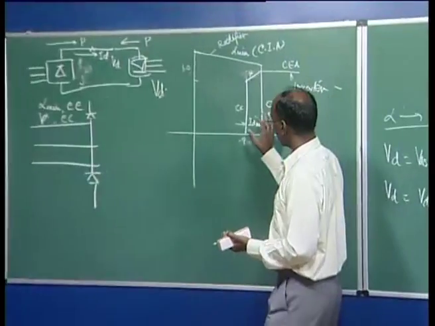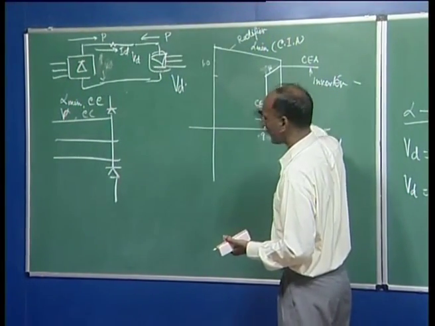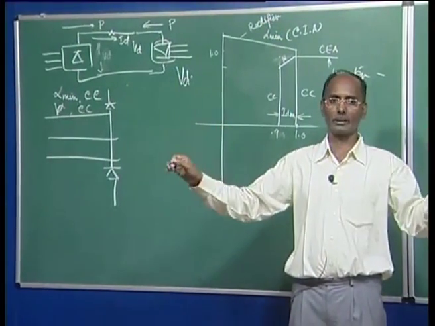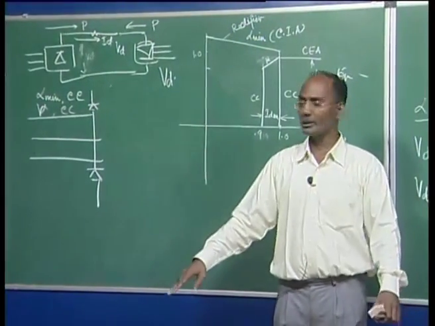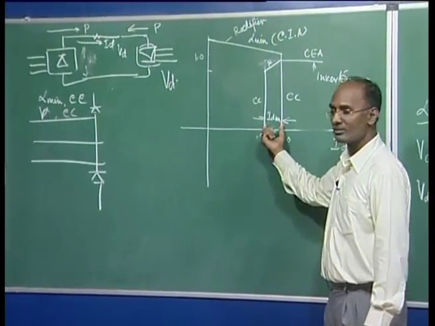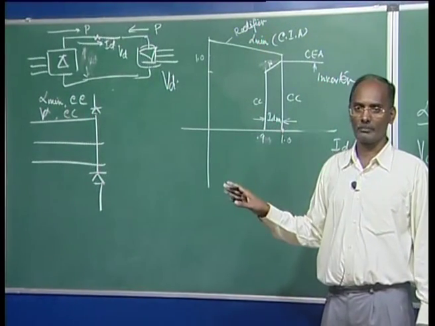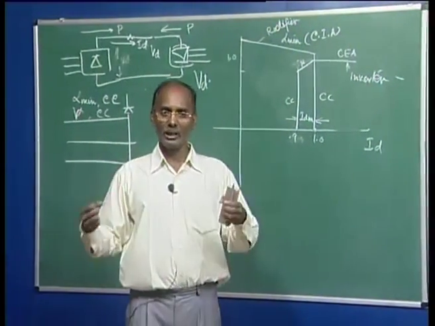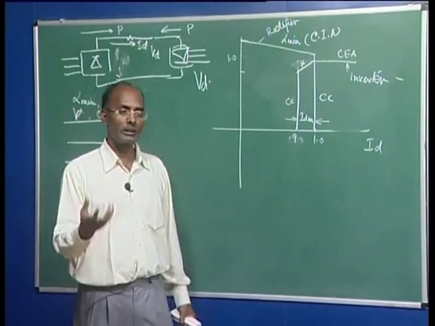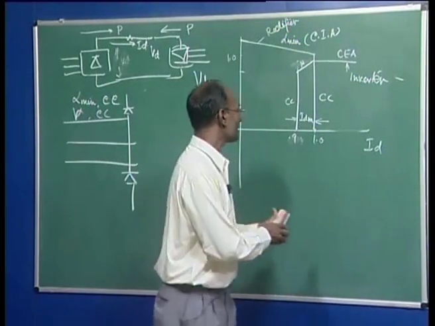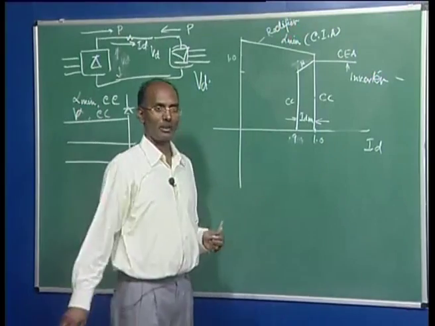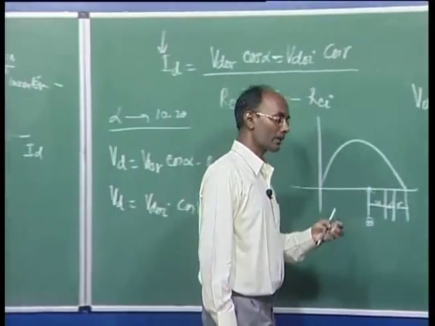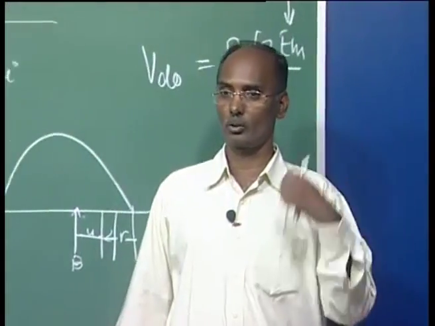I'll come back here. We'll see when your voltage has gone down tremendously, meaning there is a severe fault in the AC system, you are operating somewhere here, and maintaining current is very, very difficult, and also your valves etc. are highly stressed. So to avoid this, we go for the voltage dependent current order limiters, and this characteristic here is changed. We'll come down to that, but before this, as I said, why are we going for the current controller, not the power controller?